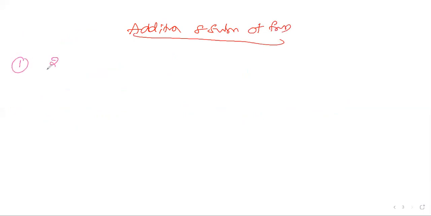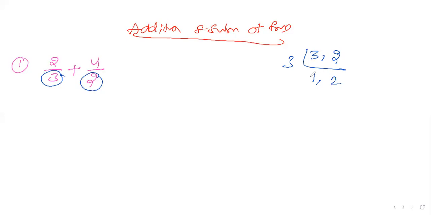Next, today our main agenda is addition and subtraction of fractions. How to do these two things. Number one, I'll take an example: 2 by 3 plus 4 by 2. I'll take two numbers. How to add these two numbers? The thing is very clear when you're doing these fractions. First of all, take the LCM of your denominators. 3 comma 2. What is the LCM? 3 twos are 6, 6 is the LCM.